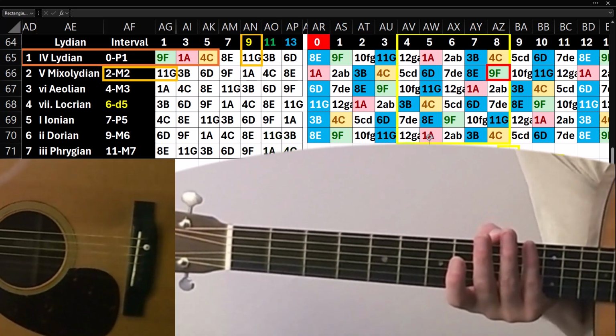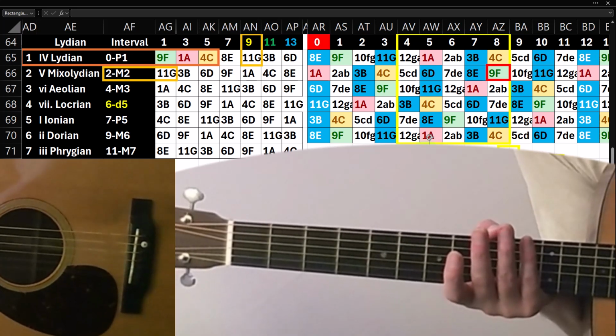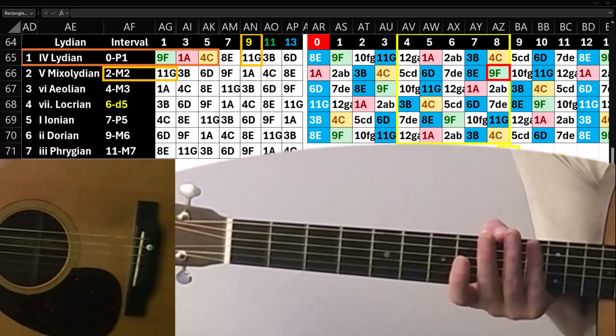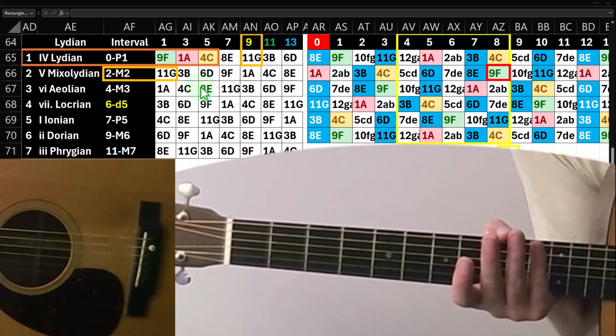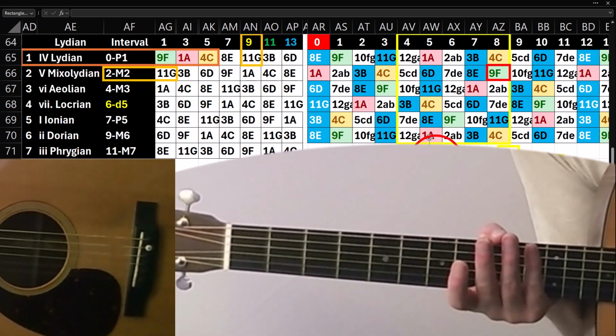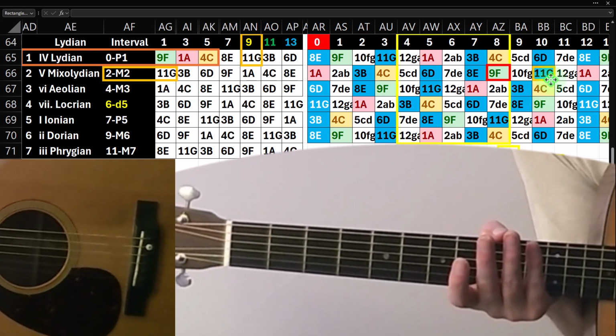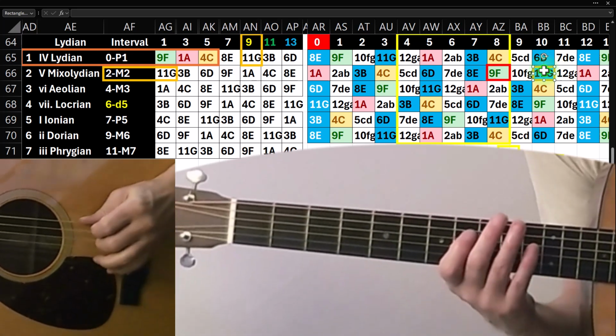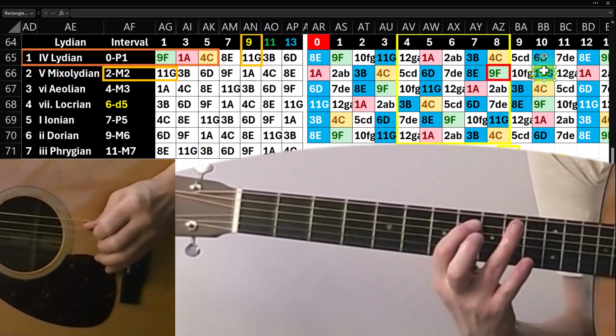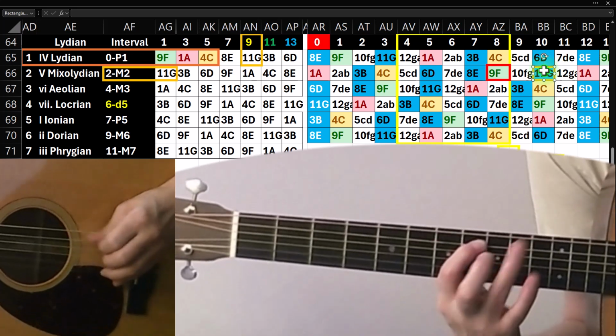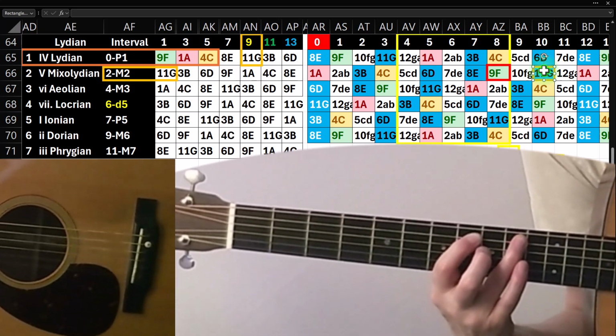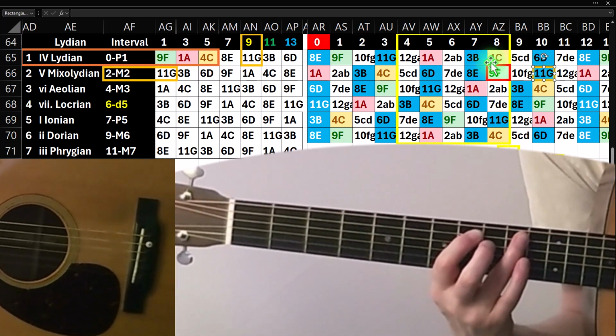All right, so now we've got a 2-note away major second. So if I'm on the same string, then I can just count 2 up. So 2-note away major second from that F. Sounds like that. Purdy. All right, now if I go up a string, then I have to look for the